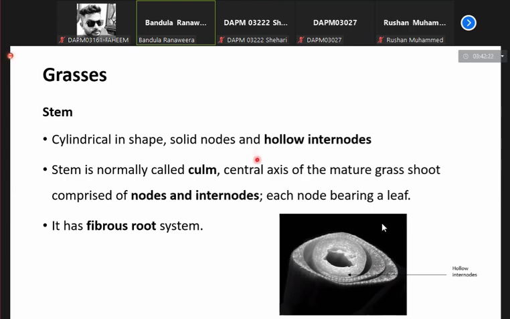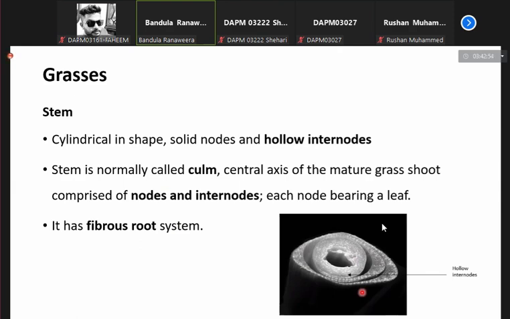That means there is a space in between two nodes. So the culm is the name given for the stem of these grasses,